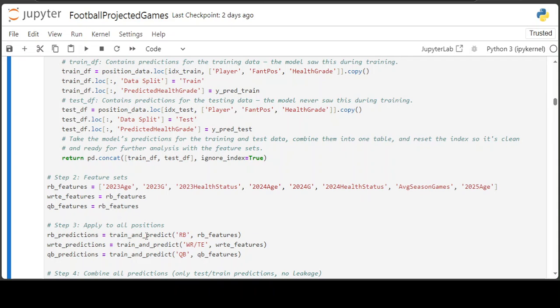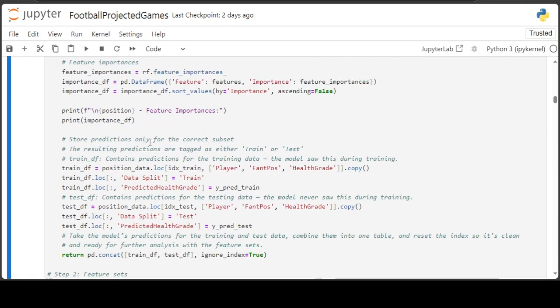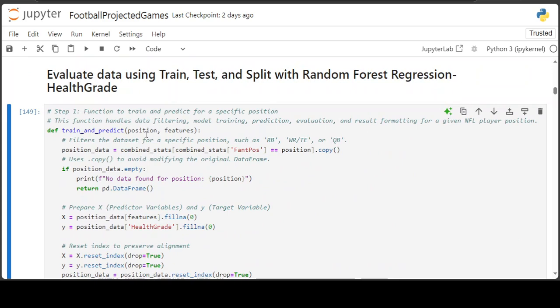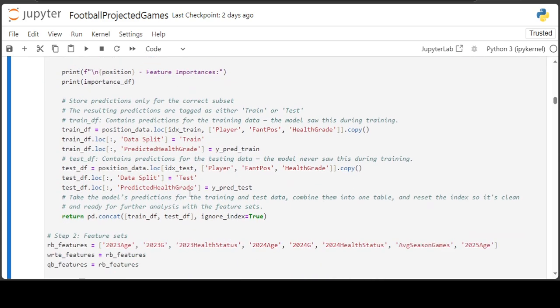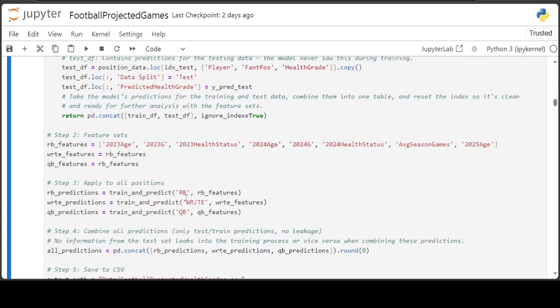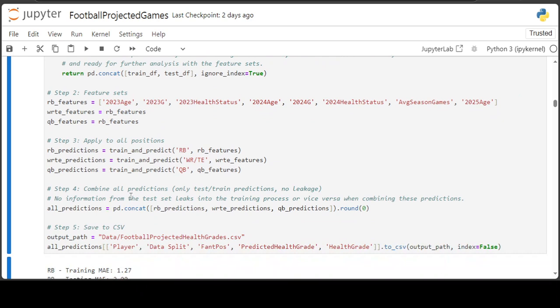So we're saying train and predict. We're using the parameter of the football position, so up here, position, and then features. So running back is the position, wide receiver and tight end is a position, quarterback is the position. The features are RB features, WR/TE features, quarterback features, and then we're combining all predictions